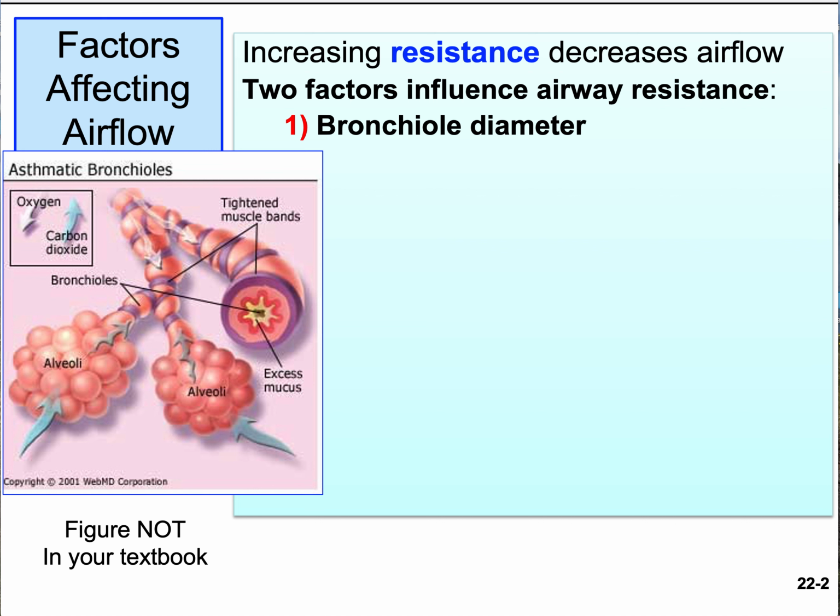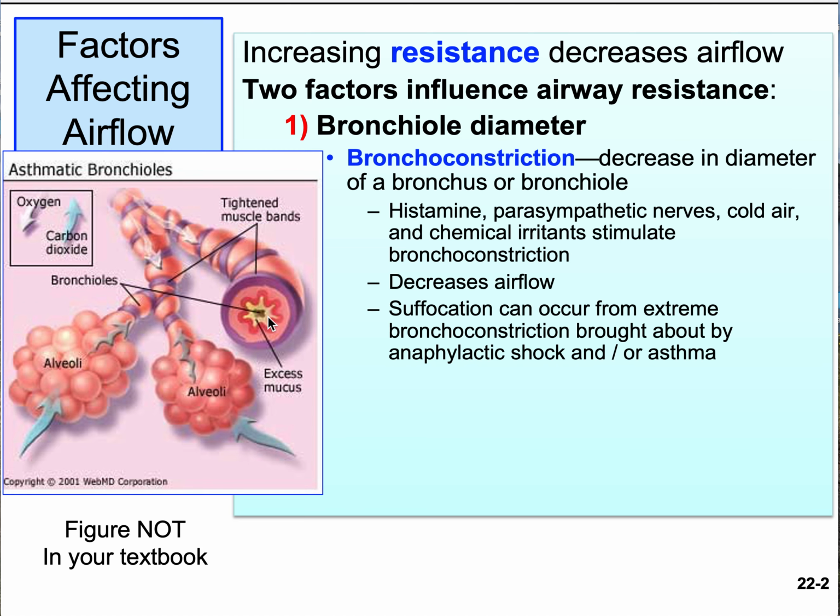And I've just been talking about the bronchial diameter. That's what we're looking at right here, the diameter of the bronchioles, okay? And in bronchoconstriction, we have this decrease of the bronchus or bronchiole. And why do we have this? Well, it could be that it's some kind of reaction where histamine has been released and has this effect. Parasympathetic nerves, cold air. So some people with asthma may notice that when they go out into a very cold